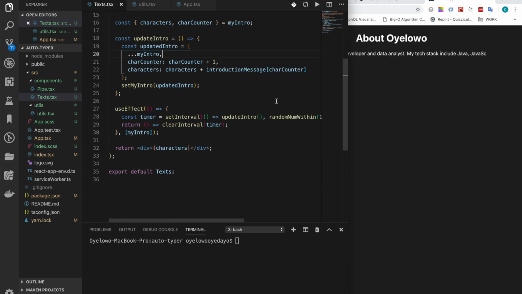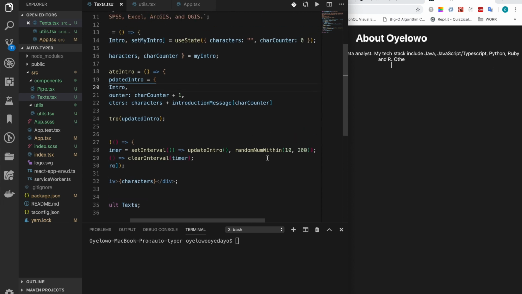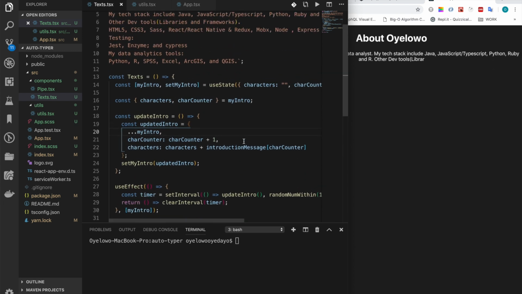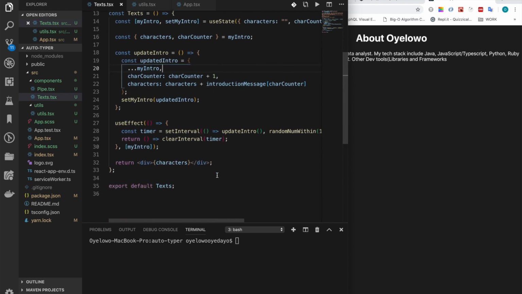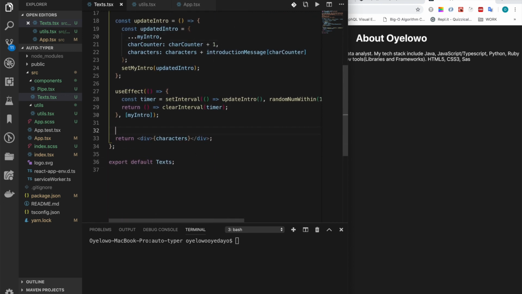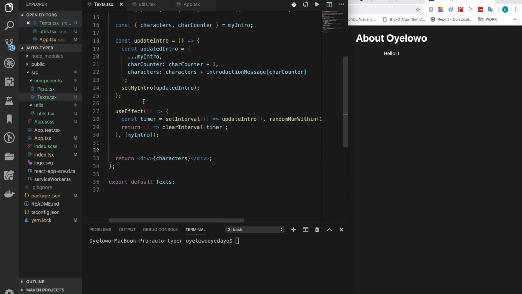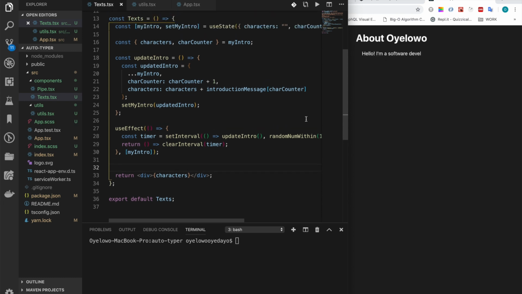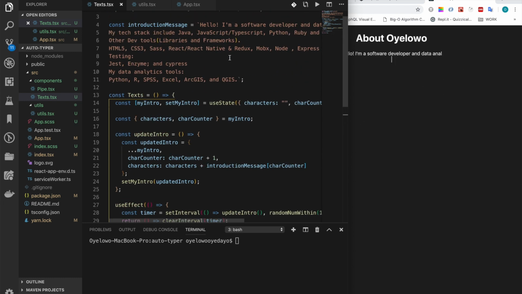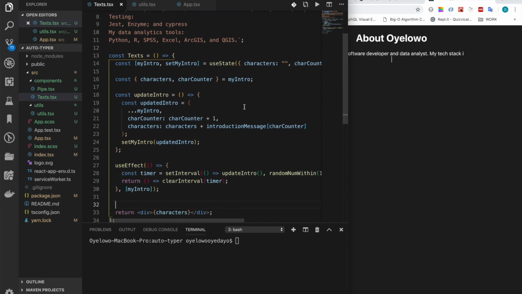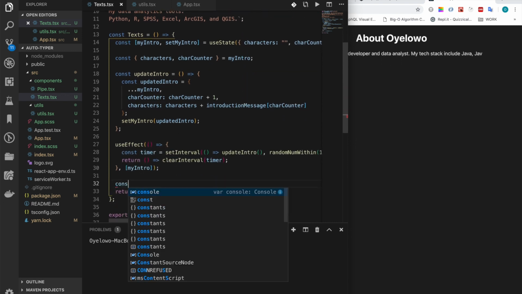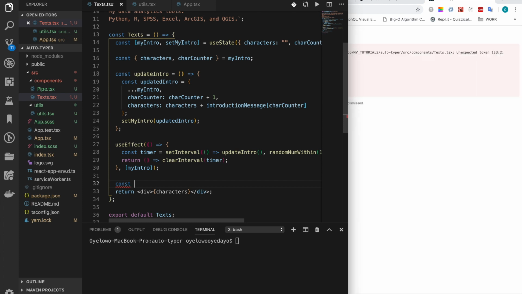And what else do we need to consider? Of course, this is going to continue even after exhausting it. So we need to know once this is done. And how can we achieve that? Of course, we can check to see if that is complete already, if it already reached the end of this. And how can we do that? We can say intro exhausted or completed